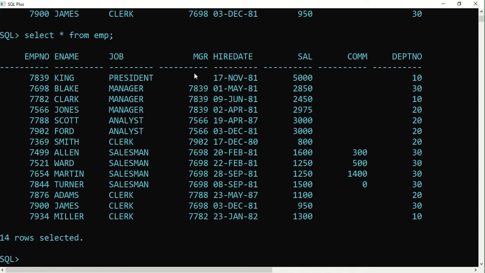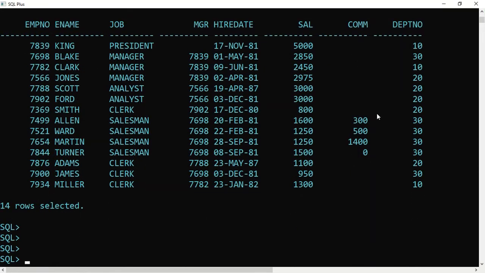We know that there is a blank here. Blank means null, so MGR is null. Let's see that. So we are going to list the big boss of the company.